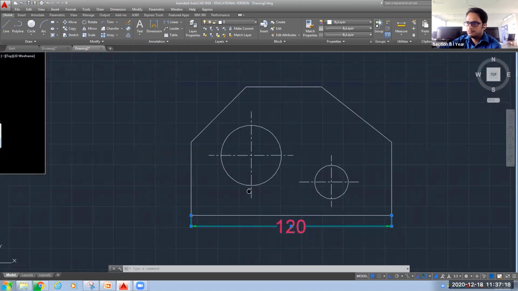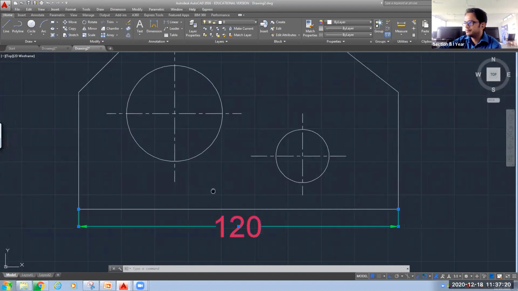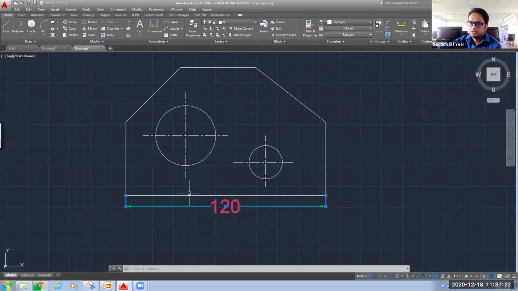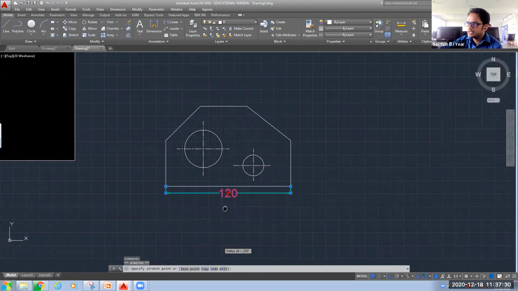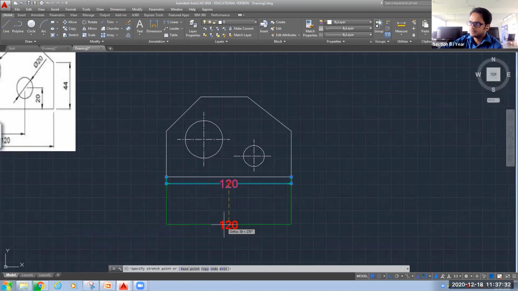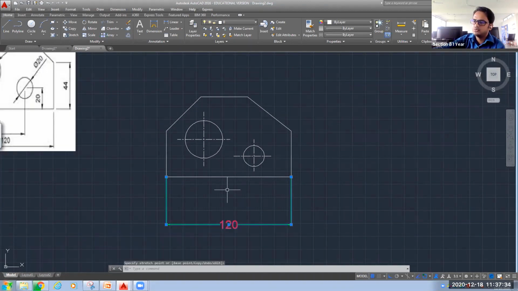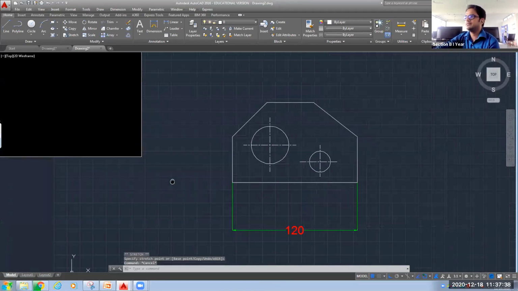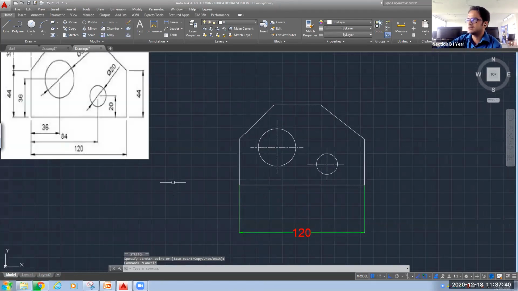I will zoom in for your clear visibility. You can click on this middle portion and drag it down to the location where you want. Suppose I want it here, because I have to accommodate 2 dimensions in between. After this, we can give the dimension for this center line.